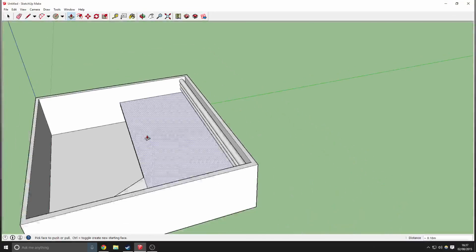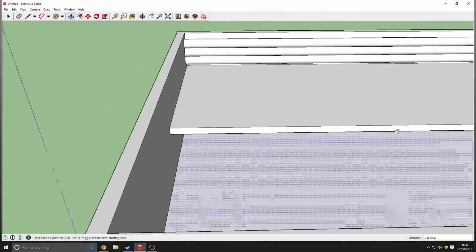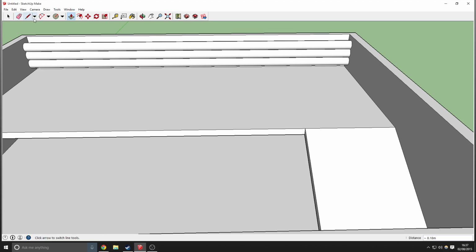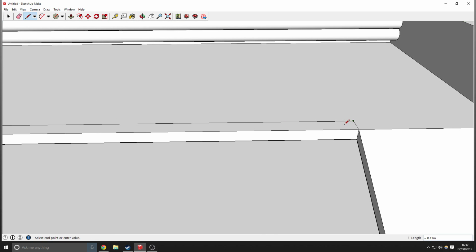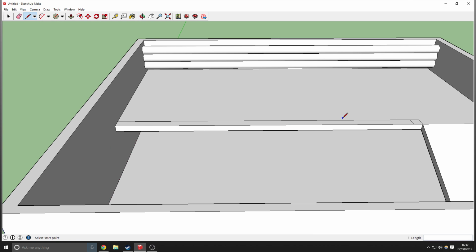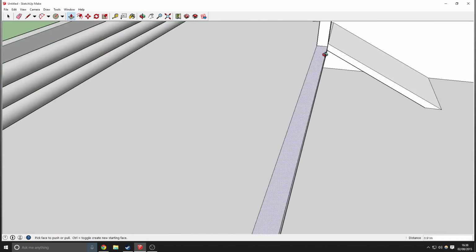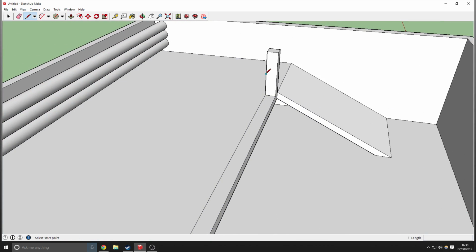Okay, so cool, we got some pipes upstairs. We don't really have anything to stop people falling off, so let's go ahead and quickly create some kind of railing. I'm going to draw a guideline along the length of that, and I'm just going to really quick, I'm not going to bother measuring this bit, but we're going to drag that up to the same height as the top of that wall there. And I'm going to do the same thing that I did with the pipes. I'm going to go ahead and find a midpoint,